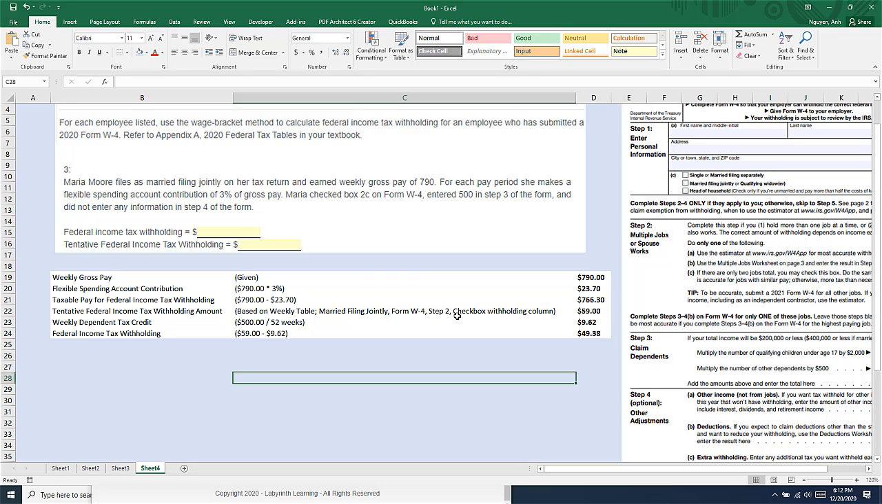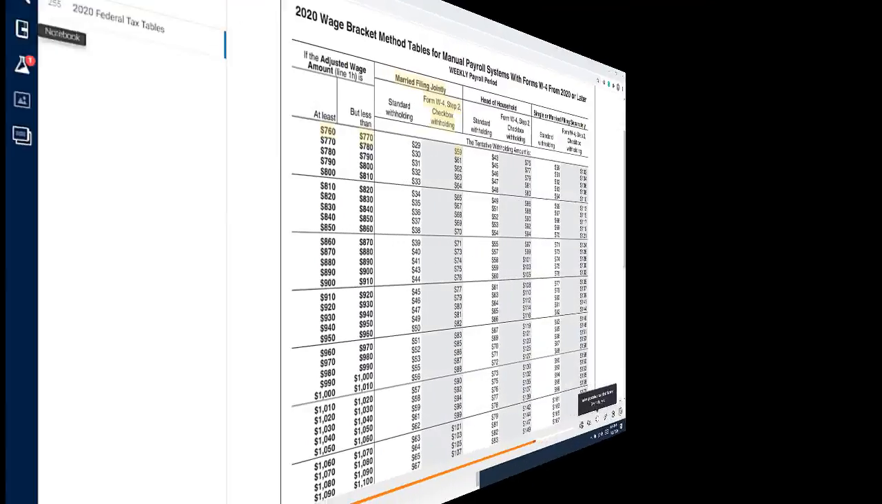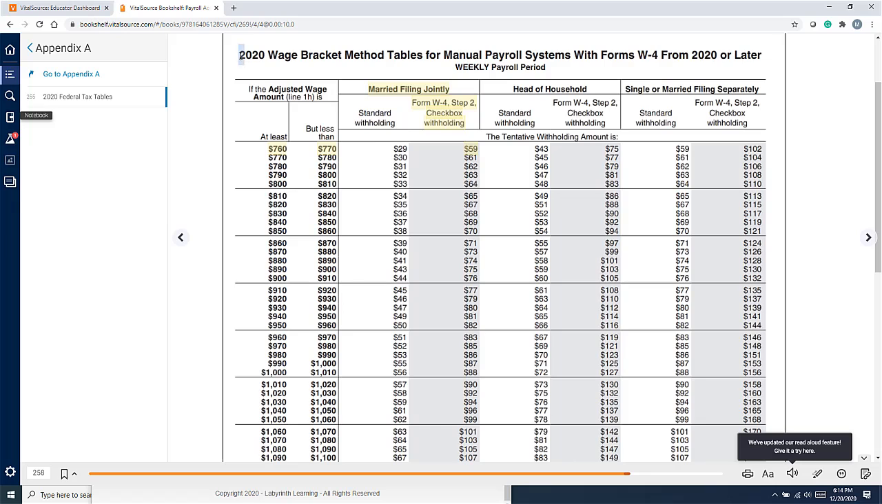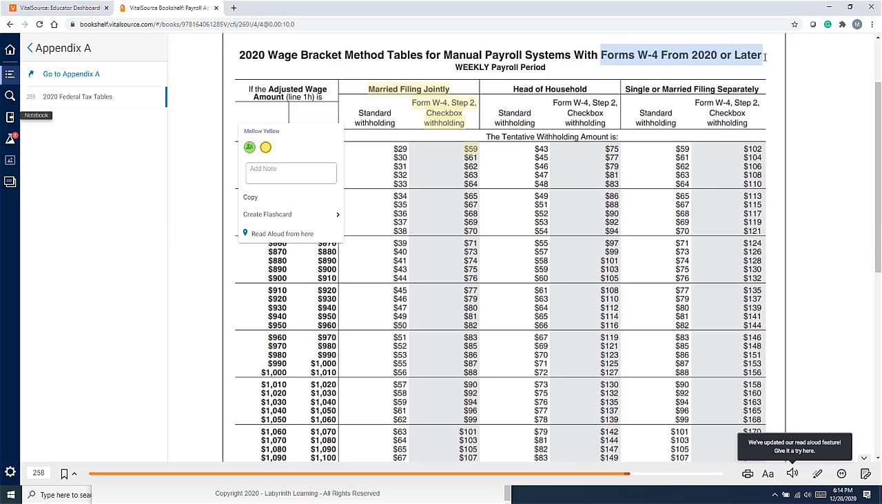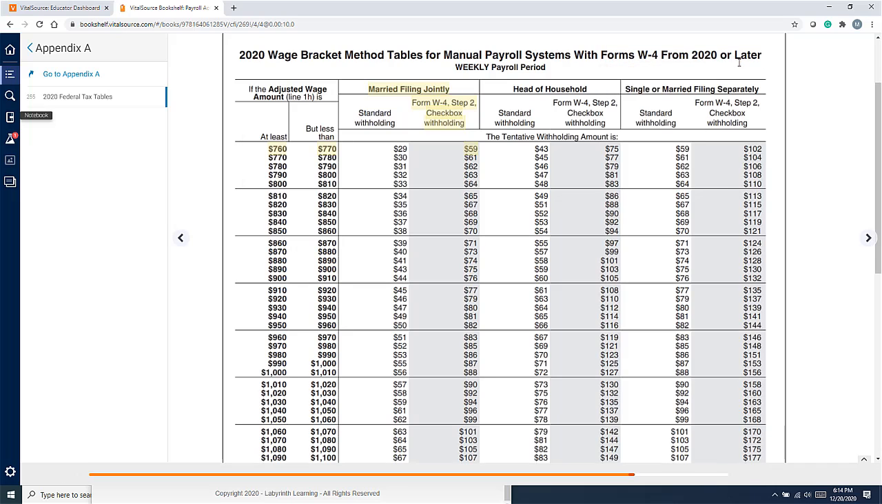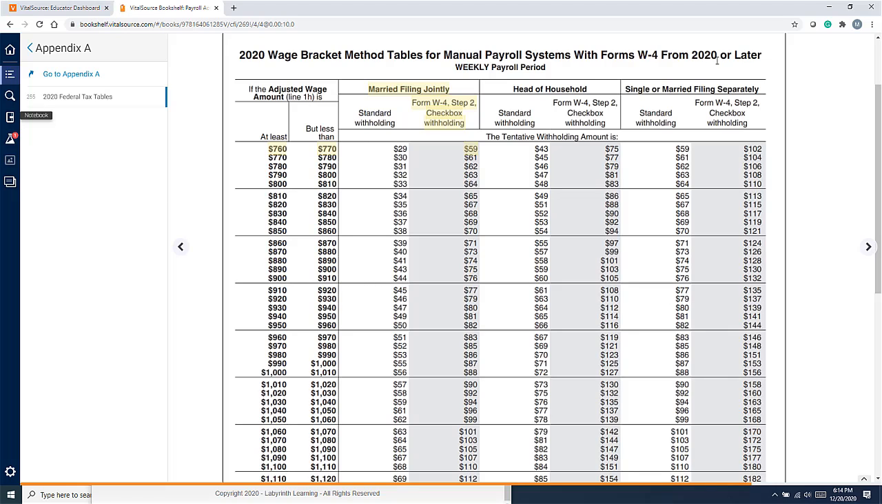All right, let's now go to Appendix A. Here's Appendix A in the back of your book. Look for 2020 wage bracket method tables, all right? And specifically, it's for Forms W-4 from 2020 or later, not the pre-2020. This is for the year 2020. And there are several different tables. You want to find the one that says weekly because this problem provides the pay period that is weekly. So look for the table that indicates weekly, and then